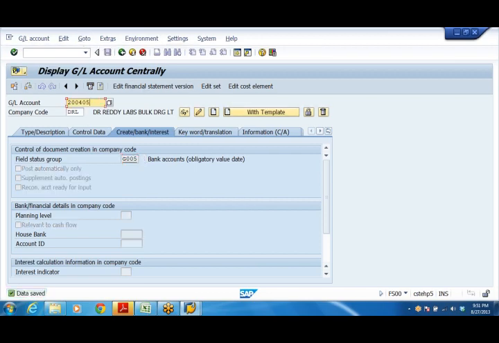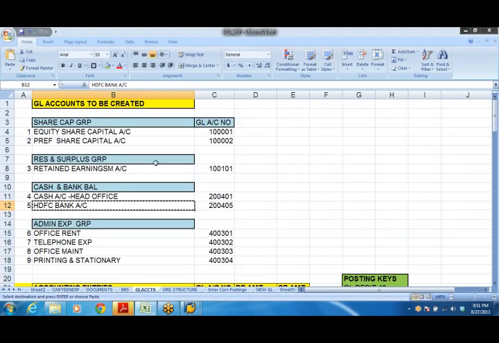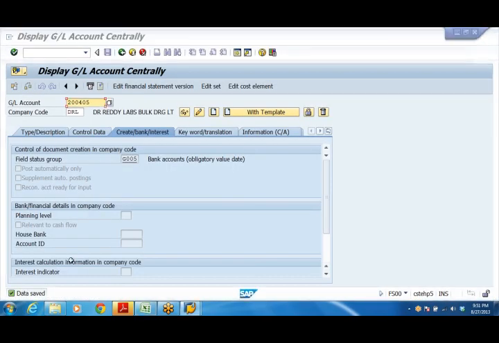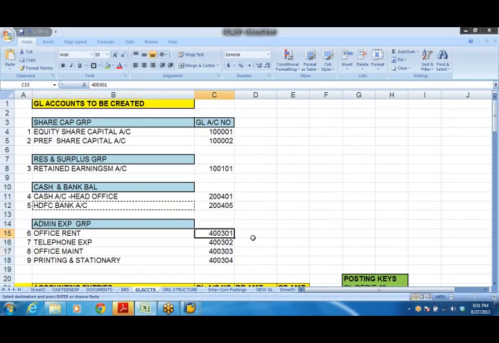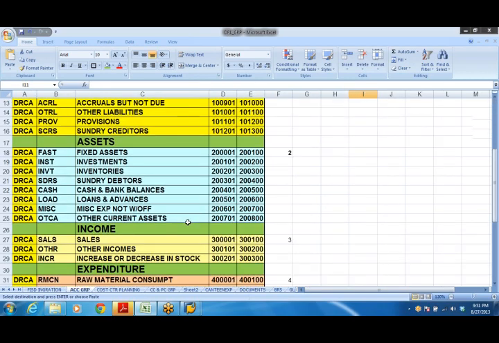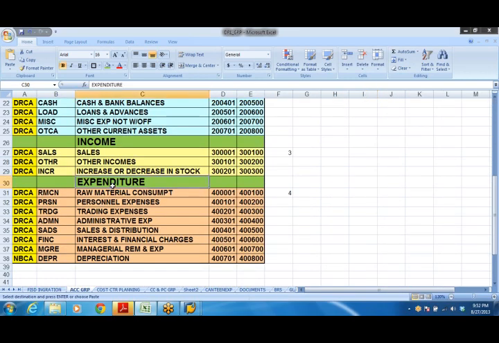Now I want to create a few expenditure accounts: office rent, telephone, office maintenance, like that. Say for example, office rent. 400 301. If you observe here, expenditure, office rent, that is administrative expenses.